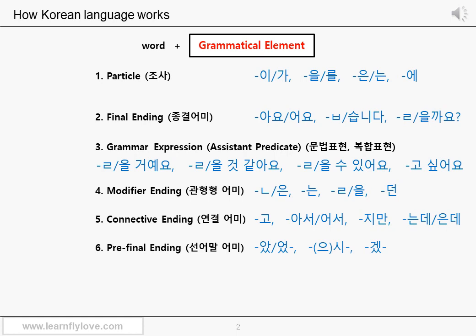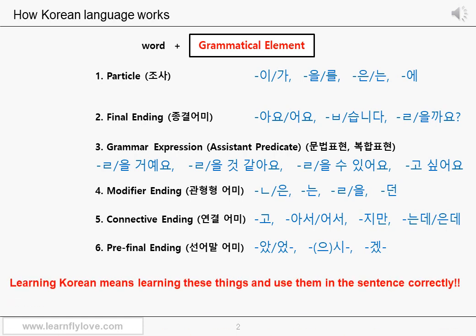We showed you only a part of this, but learning Korean is mostly the process of learning these grammatical elements, and using them in the sentence properly and correctly. But you don't have to think it's too complicated because of all the names and terms these things have. Simply, particle is mostly added to a noun. Only auxiliary particles can be added to adverbs and predicates too. And the rest of them are added to the stem of the predicates. So from number 2 to number 6, they are basically the same things to you. The point is, Korean grammar is mostly about adding grammatical elements to the word.